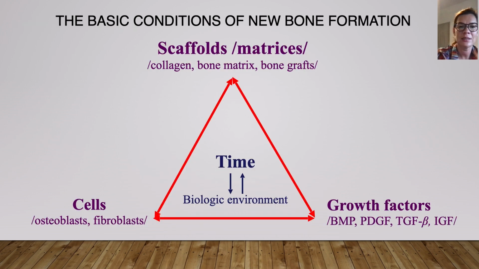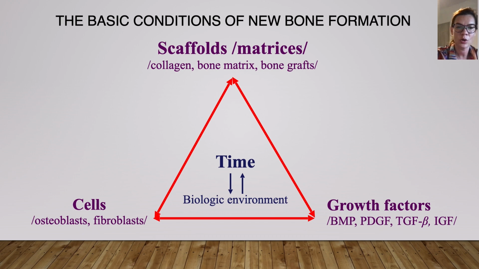But what else is necessary to make new bone formation and guided bone regeneration for the patient? As I mentioned to you, first of all, the scaffold, the space for the regeneration, is essential. This space could be maintained by some bone substitution material. And it is also very important that that area has support from the own bone of the